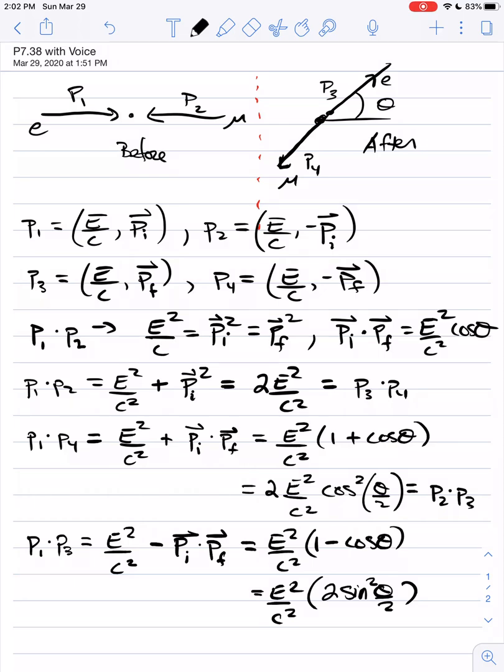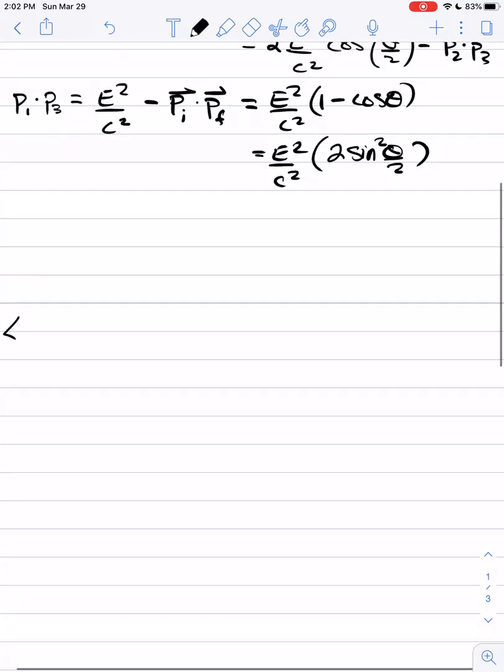So why did I worry about P1 dotted with P3? Well, if I go back to the expression that we were told to start with, equation 7.129, which was in our chapter here, we worked this out in lecture. What I'm going to do is go back to that equation, but substitute in that the masses are all 0. So the expression that I'm working with is